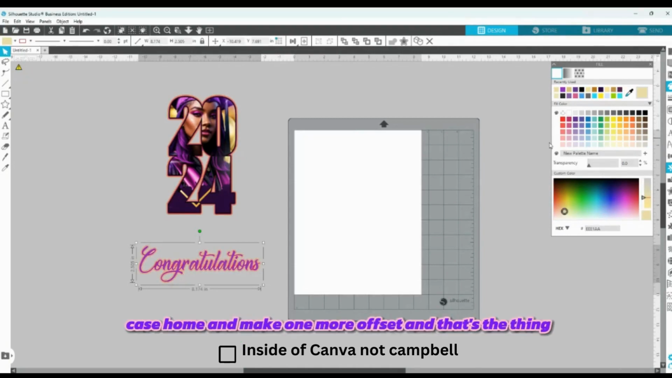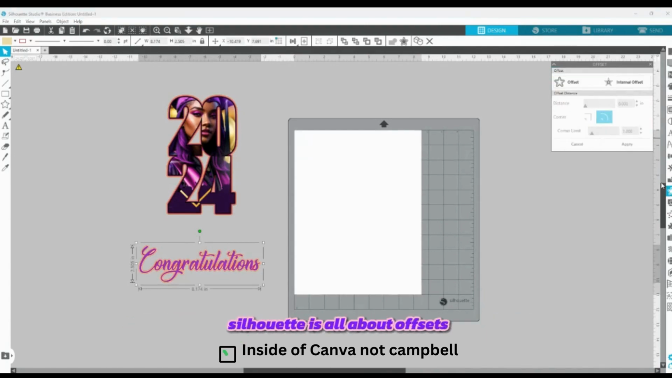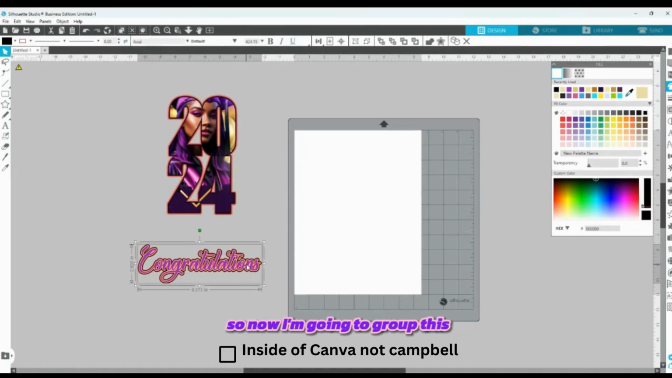Okay, so I'm gonna make one more offset. Now that's the thing about Silhouette. Silhouette is all about offsets. You know, to bring your project to life, it's about using offsets and things like that. You could do a lot of creative projects just from using this offset feature alone. So I am going to make that black because I want it to stand out. So now I'm going to group this,